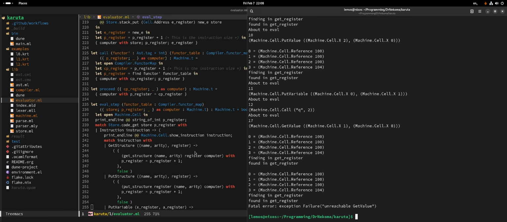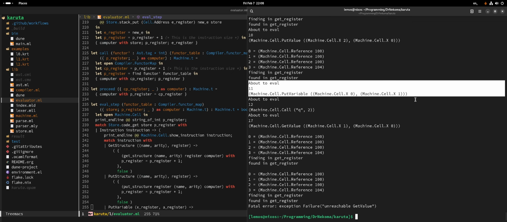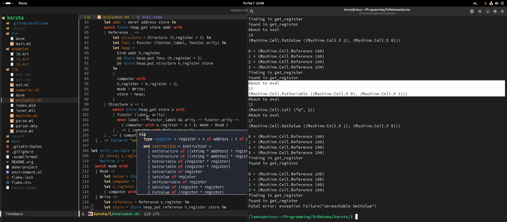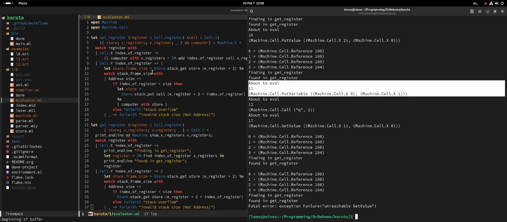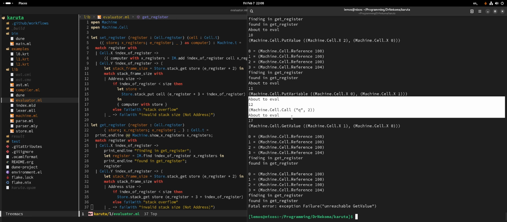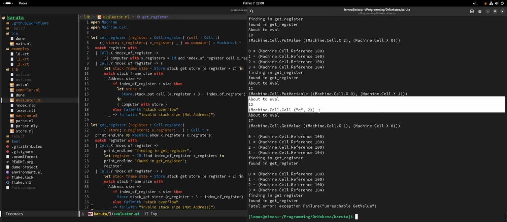Then we print the instruction. So like this, you see. When we print the instruction, then we were printing the set register. If you call set register in your implementation, then we're going to see it. If you don't, we're just going to skip it. We're not going to see it, as in this example here, for instance.